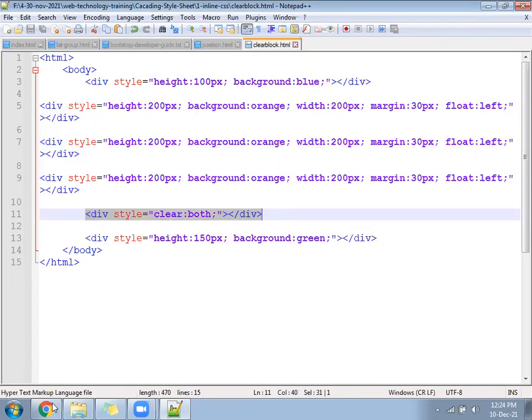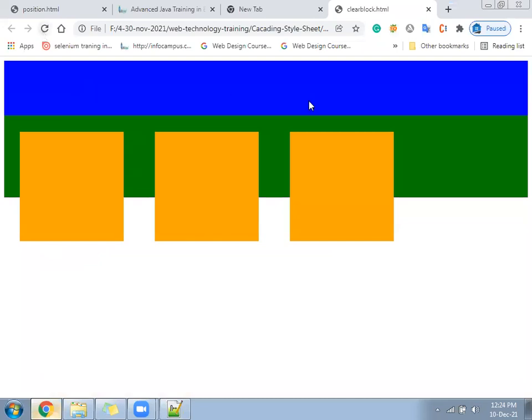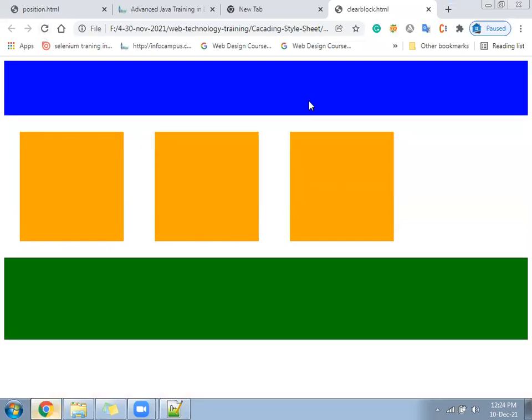Now the user will look from the top. What will the user see? Still orange is on higher index only. Orange is not on lower index. Orange blocks are still higher index. But after higher index, there is a separator, saying lower index, you be separate. Okay, so when people ask about that float left, you can explain to them in that way. It will be helpful for you.